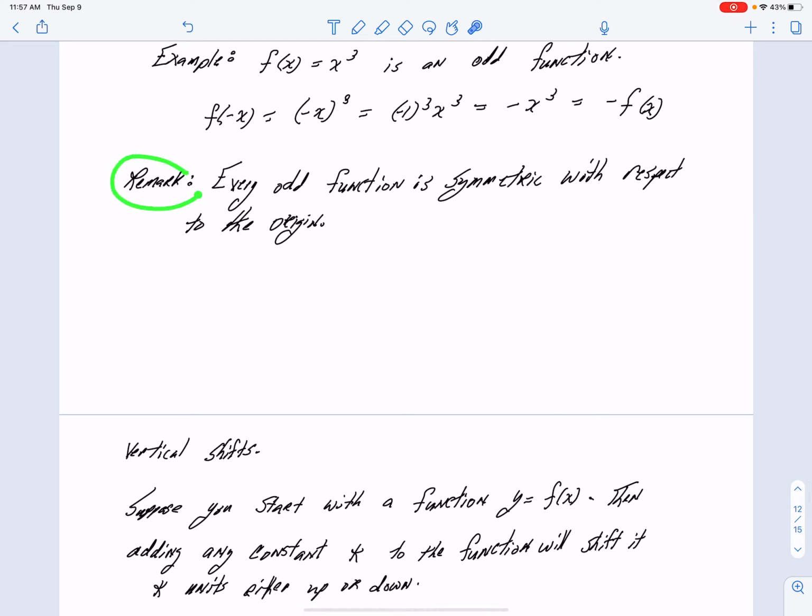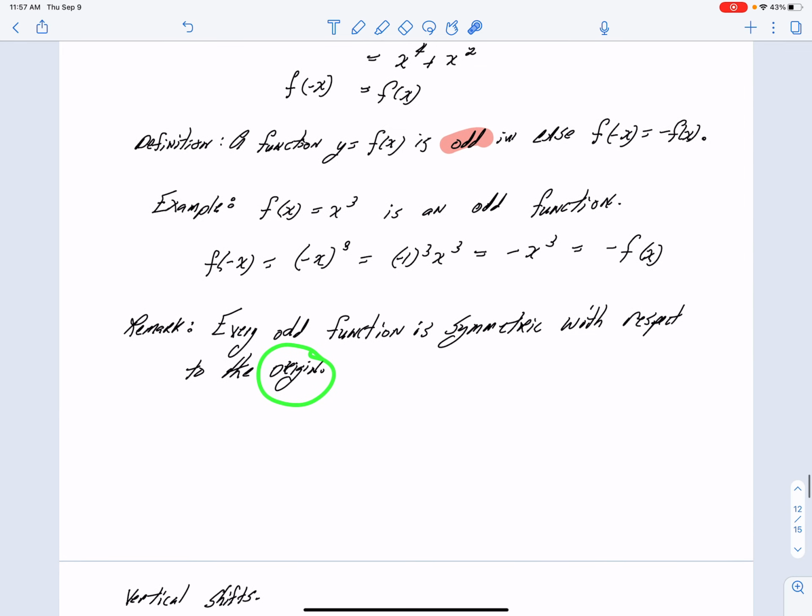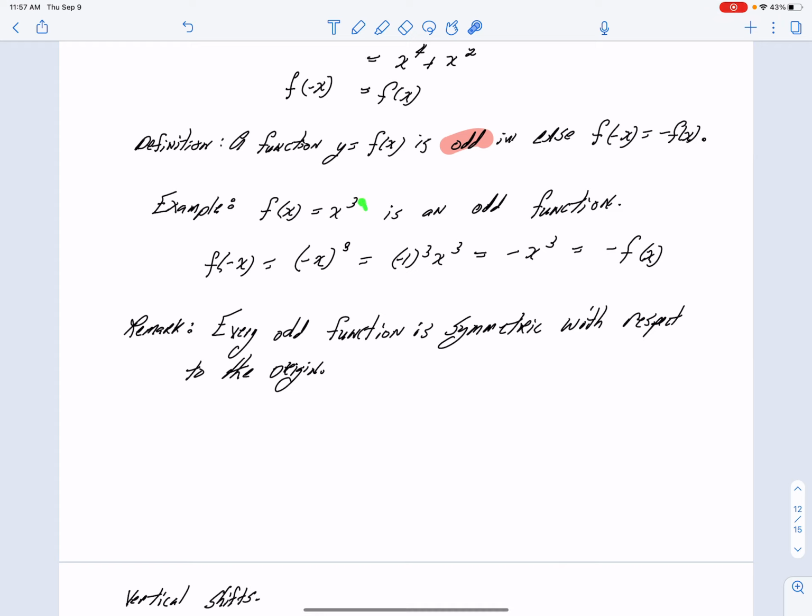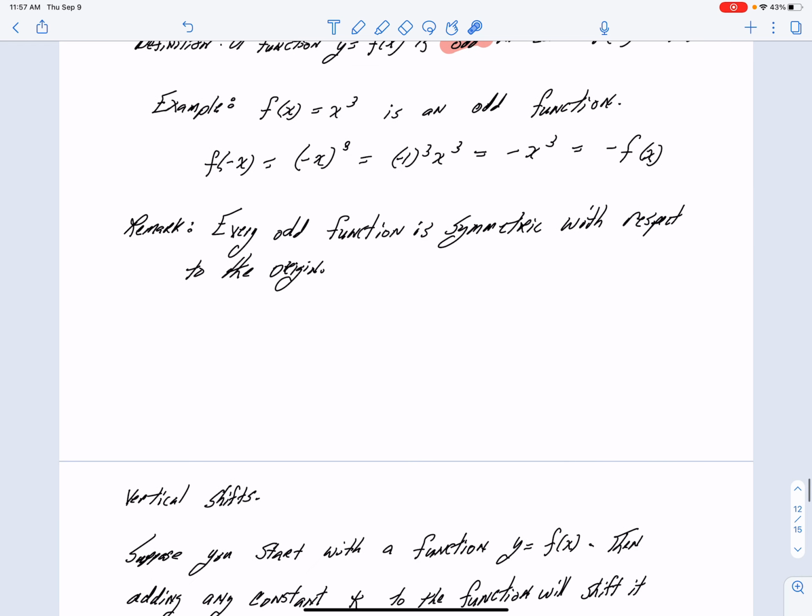An interesting tidbit is every odd function is symmetric with respect to the origin. And sure enough, if you recall last time, we talked about f of x equals x cubed, drew its little picture, and it is symmetric with respect to the origin. Now I'd like to make just one note. So we've given examples of an even function and an odd function, but the note I'd like to make is